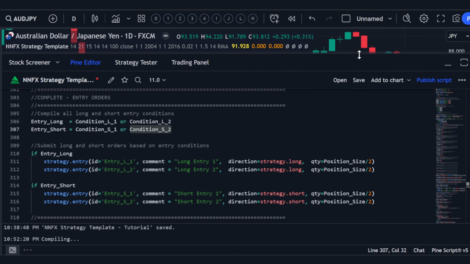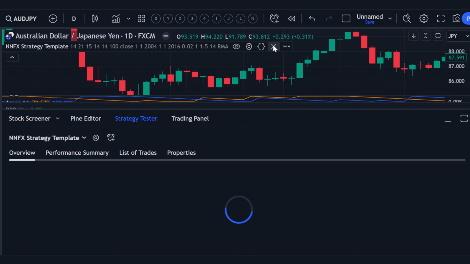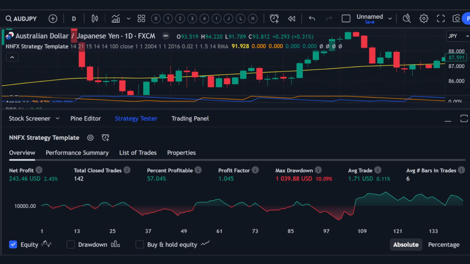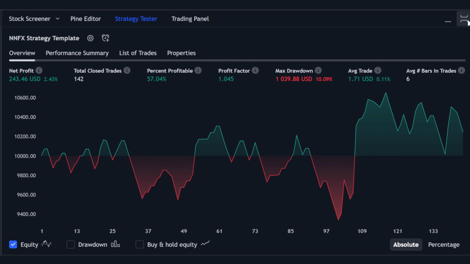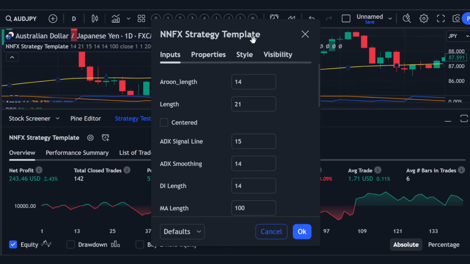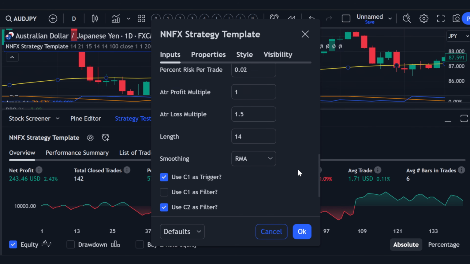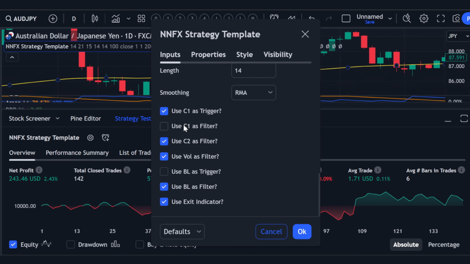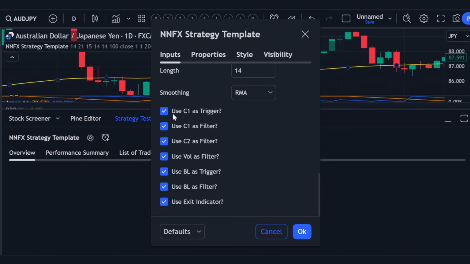Now this should be enough for us to test the code, and it hasn't done anything yet, but if I go into settings we can have a play around. Now we can see here that by default only our C1 is triggering, but if I change this to baseline trigger,